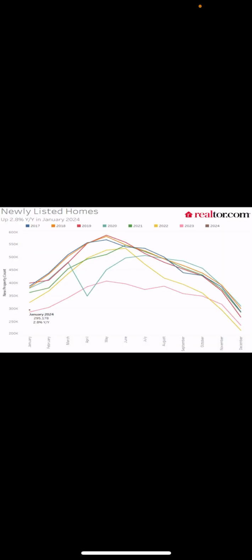Real estate market. The next few slides are going to show real estate market data over the past 7 years. 2024 will be hard to see because there's only one data point for January. As you can see, a little tiny point that says January 2024. This is national data. The data can change dramatically from neighborhood to neighborhood.